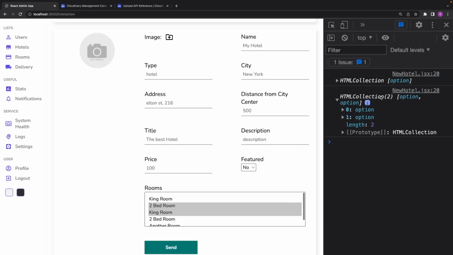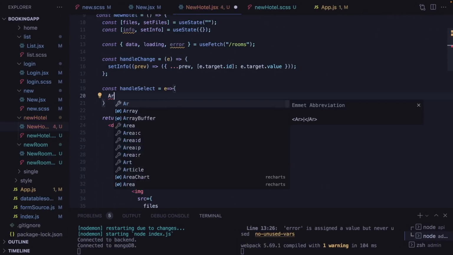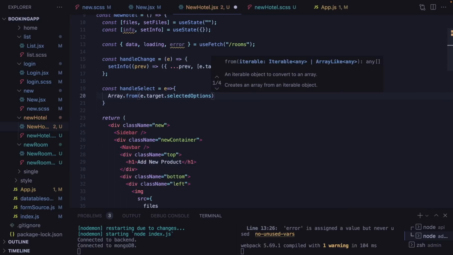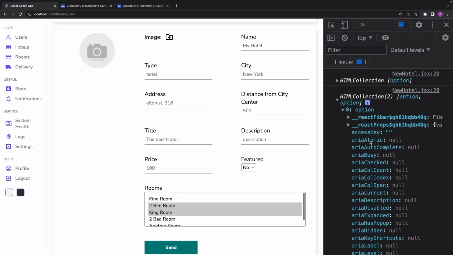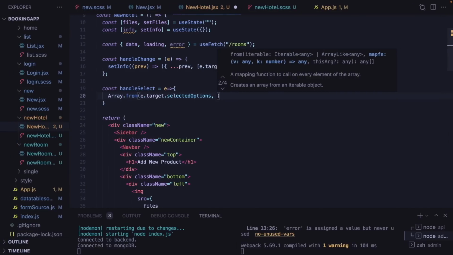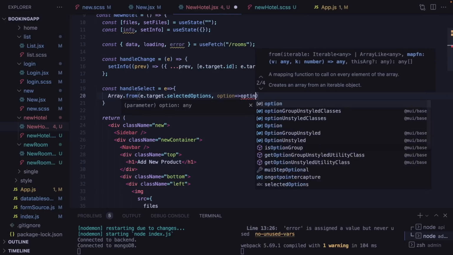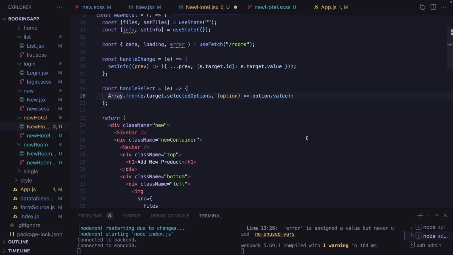an HTML collection. So it's not an array. So how can we transform this? What I'm gonna do is write here Array.from and this HTML collection. Of course, we are not gonna take all those properties. We are gonna need only value. So I will say option and return me option.value. Okay, let's say const value,